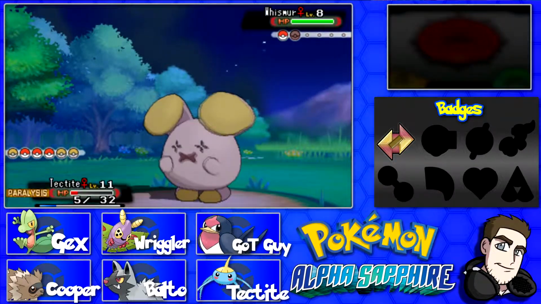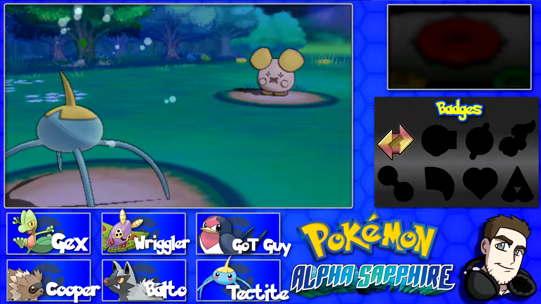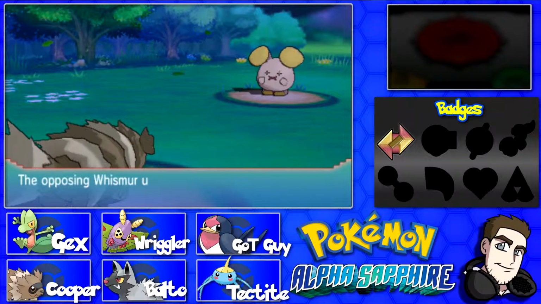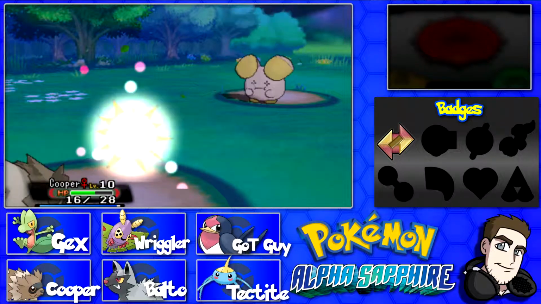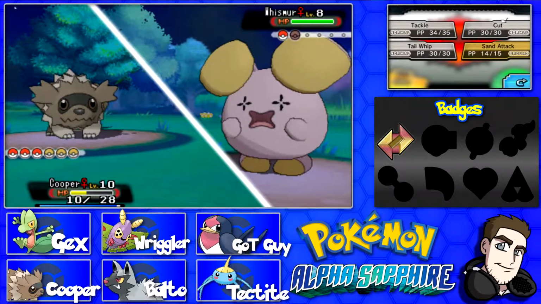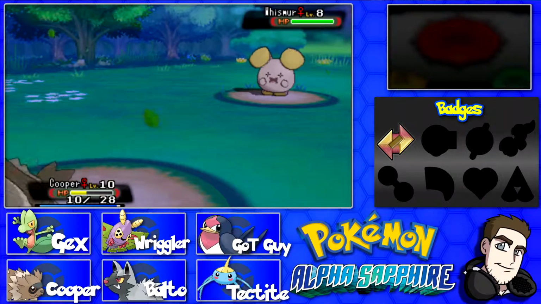So we're gonna go with Cooper, because I want to go with Cooper. I don't use it that often. The one cool thing about this is that I don't use all my Pokemon that often, so it seems like it's a fresh experience every time I battle with a new Pokemon. But at the same time, these Pokemon aren't that strong, and that's a big problem because,